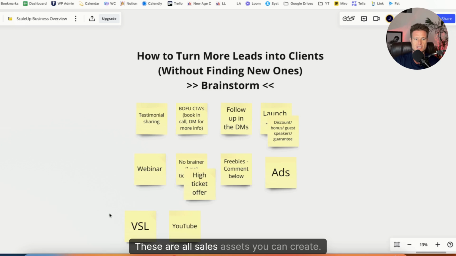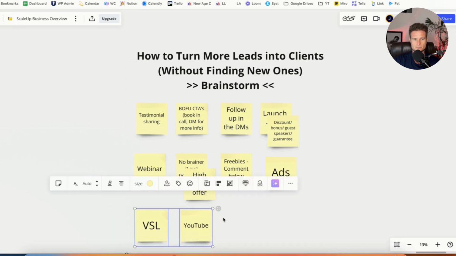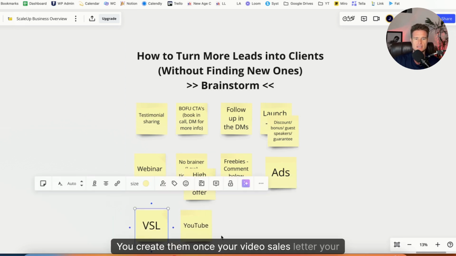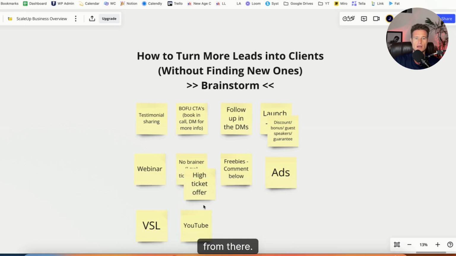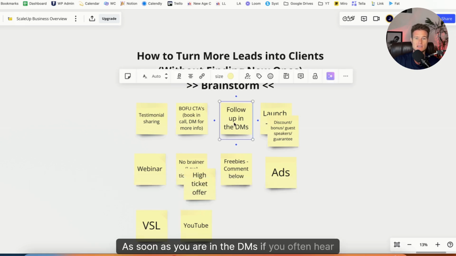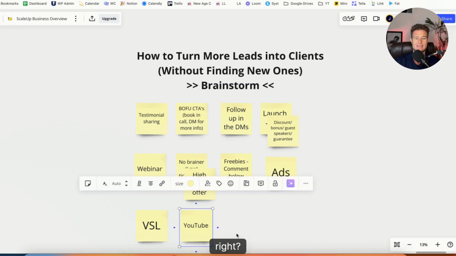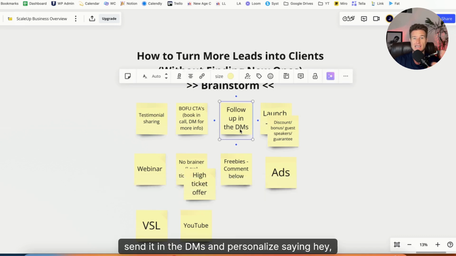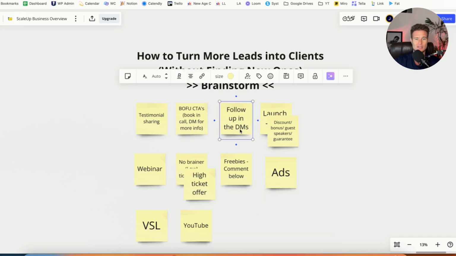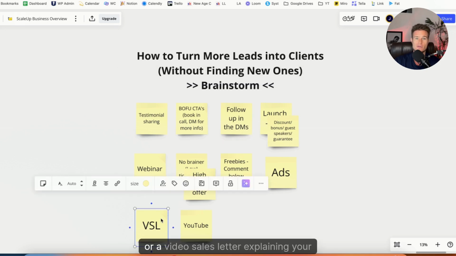All right, these are all sales assets you can create. You create them once, your video sales letter, your great YouTube content. From there, as soon as you are in the DMs, if you often hear people say, oh, I struggle with back pain and I need to get rid of this today because I simply cannot work, create a YouTube video around it, right? Give them that value, send it in the DMs to them, personalized, saying, hey, actually, I hear you say you're struggling with this. I have a video or a video sales letter explaining your methodology and getting them enthusiastic for your methodology and